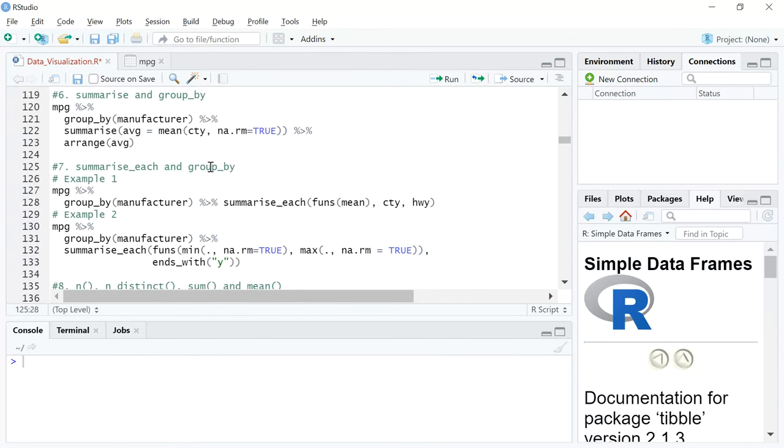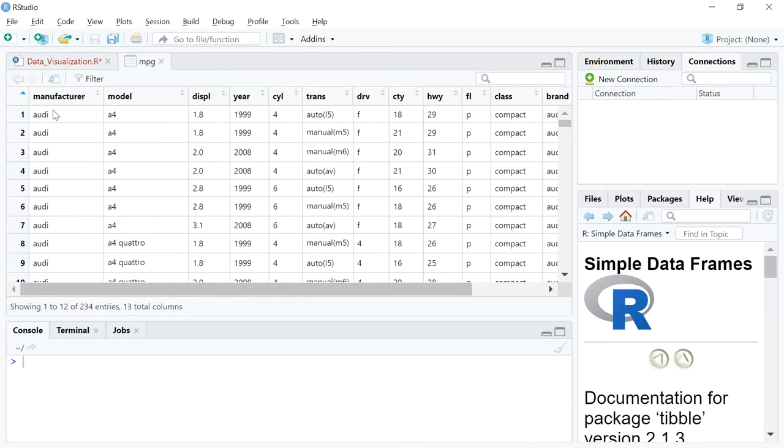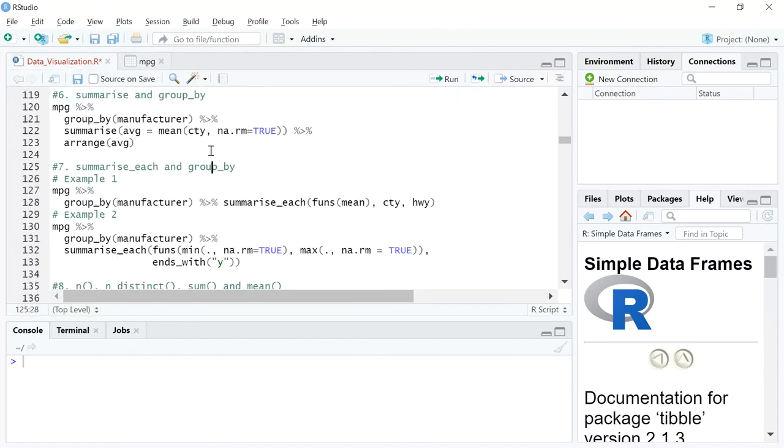But before we use the summarize function, we are going to use something called a group by function. This is a very powerful function which helps us replicate what we usually do on an Excel sheet when we run pivots, right? So for example, if we want to understand what are the different types of manufacturers, unique manufacturers, we'll just run a pivot on manufacturer, right? We put this onto an Excel sheet and then we run a pivot with manufacturers in the column name. So this can be achieved with this line of code, right?